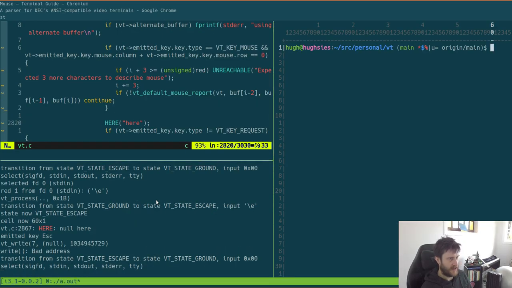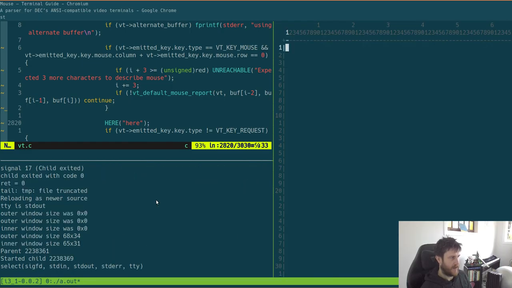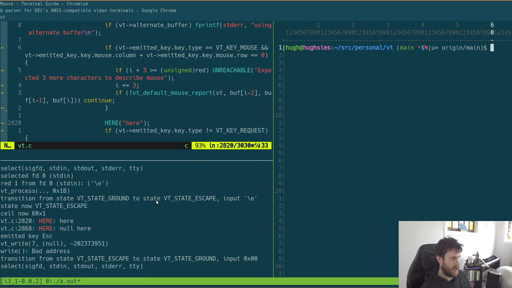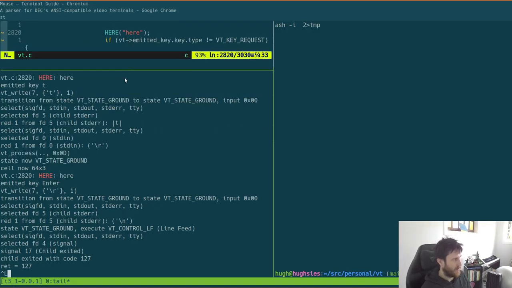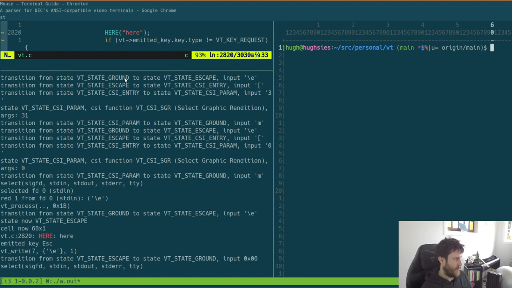Just see whether it gets to that point. So if we exit there, I'll do escape and escape again. So it was in that loop. And it didn't do it the first time. So that's an interesting one to ponder over. So if we do escape once,